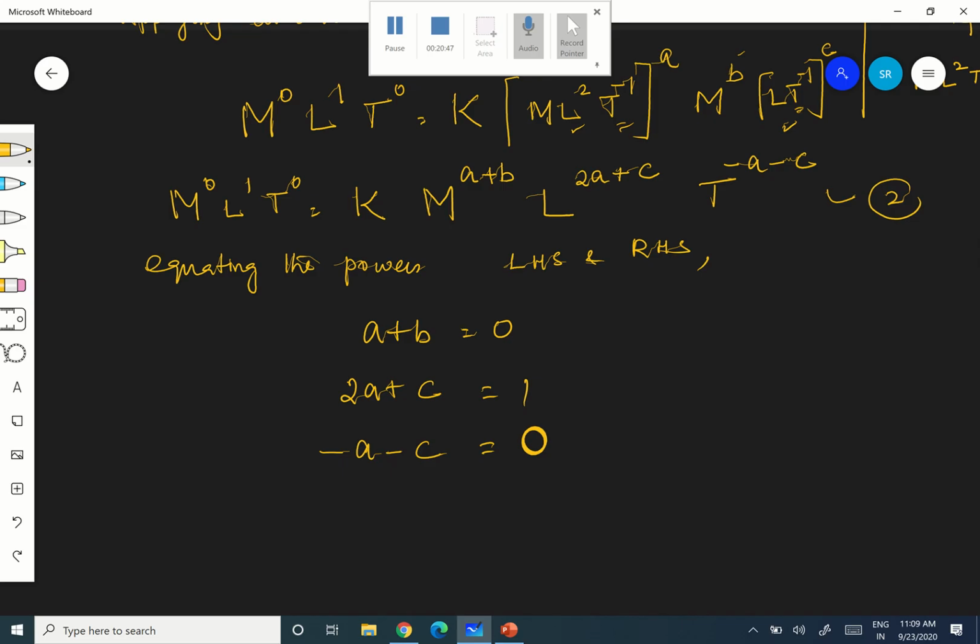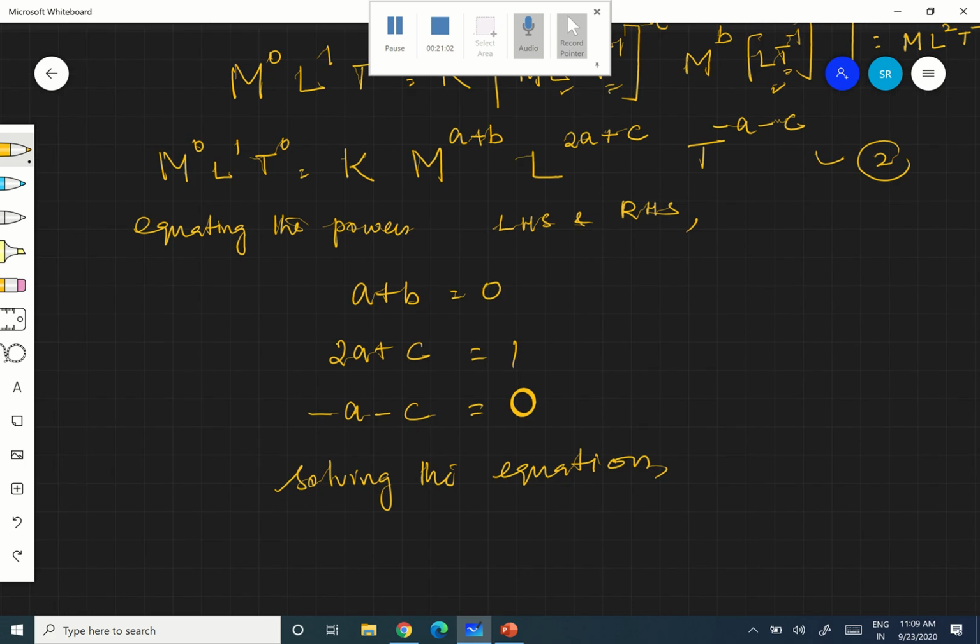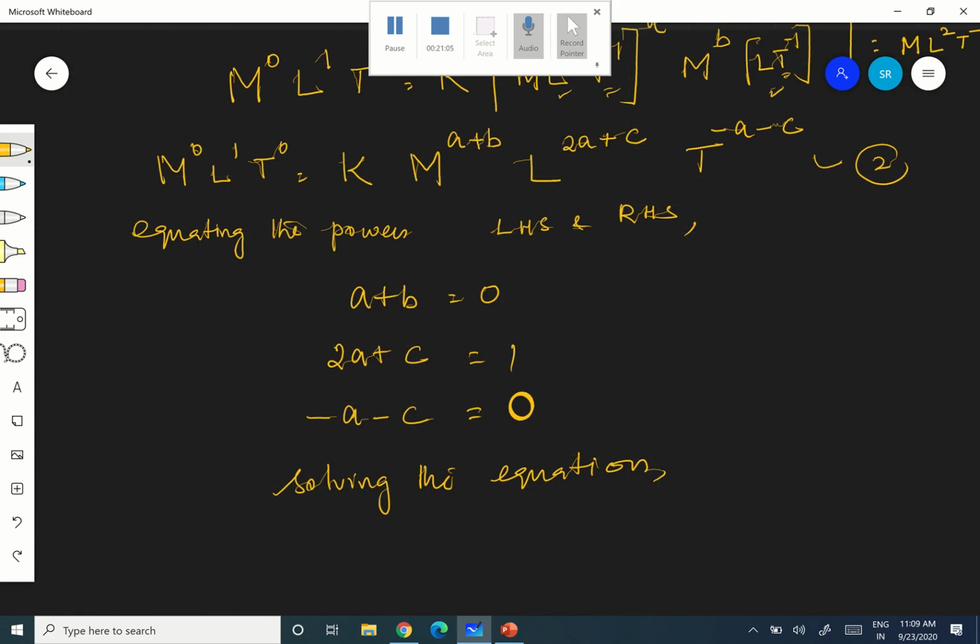Can you solve and find out? I will just give you the answer. Therefore, solving the equation. Let me write like that. This is very easy for you. At least you have to try something now. I will give you the expression. a is equal to 1. Check whether you are getting. And a plus b is equal to 0 now, therefore b should be equal to minus 1. And minus a minus c is equal to 0 now.